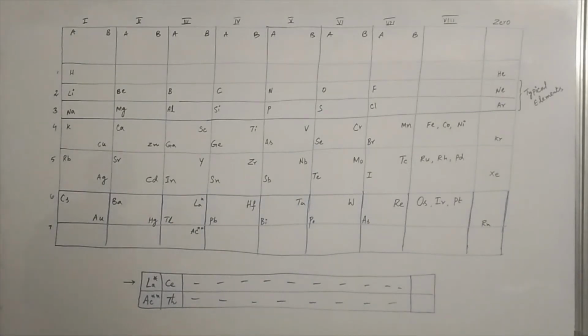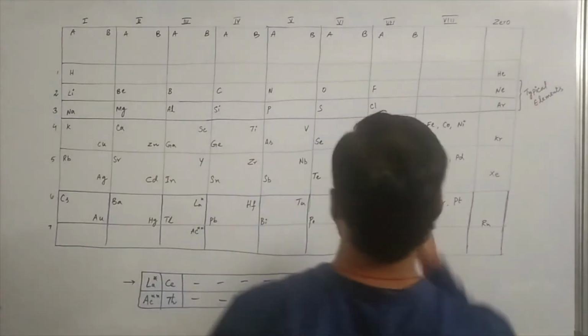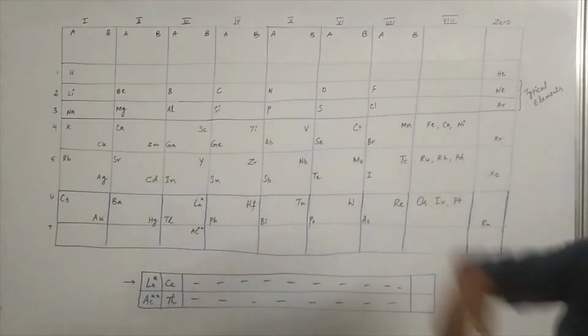Now, what are bridge elements? Bridge group elements means the elements after which A and B classifications are observed. Those elements are called bridge elements. So the element after which A and B classifications are observed means from group 3, from period 3. So period 3 elements are called bridge elements, right? Because from here you got A and B classifications.